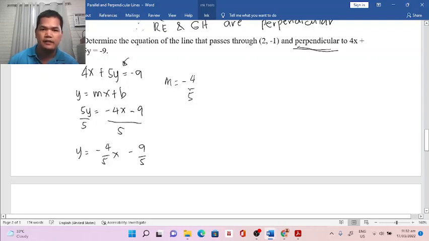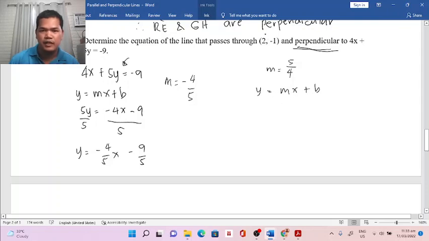That's why we have to take the negative reciprocal of this one, and that would be 5/4. Since we have 5/4 as our slope, we could now use the formula y = mx + b